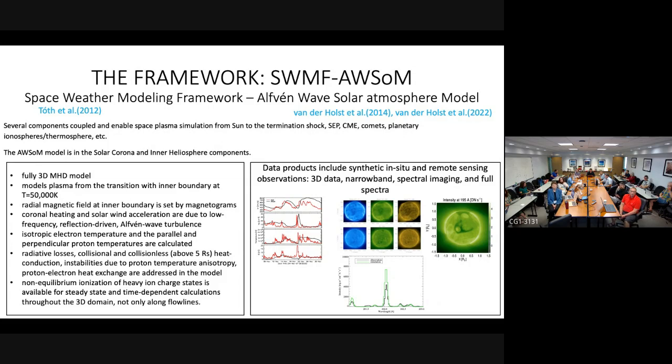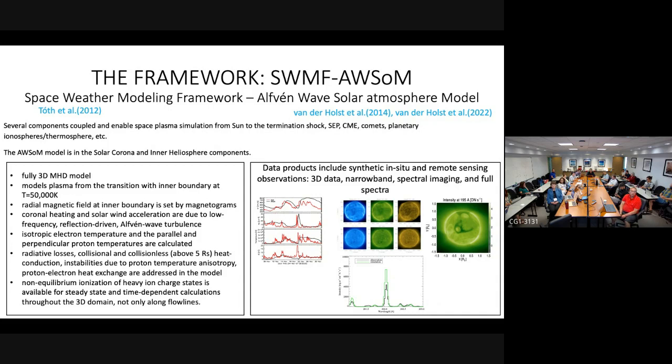Basically, there is one that we sometimes vary, which is the Poynting flux at the base that's hitting the plasma, and two others that are solar cycle dependent. So it's physically self-consistent. Coronal heating and solar wind acceleration are due to low frequency Alfvén wave turbulence. We calculate isotropic electron and parallel and perpendicular proton temperatures relative to the magnetic field. Radiative losses, collisional and collisionless heat conduction, instabilities due to the temperature anisotropy, and proton-electron heat exchange are all addressed